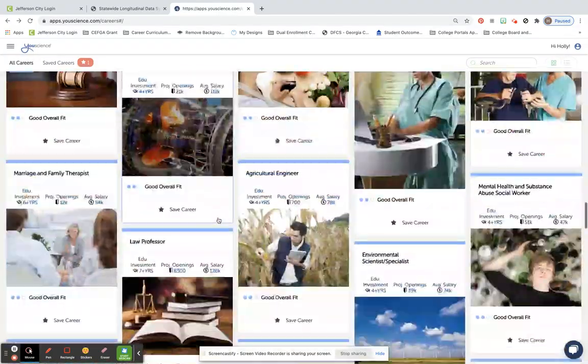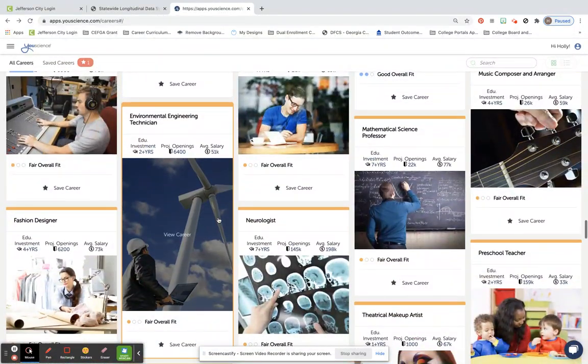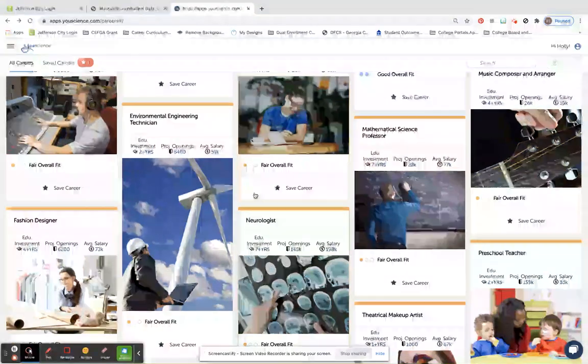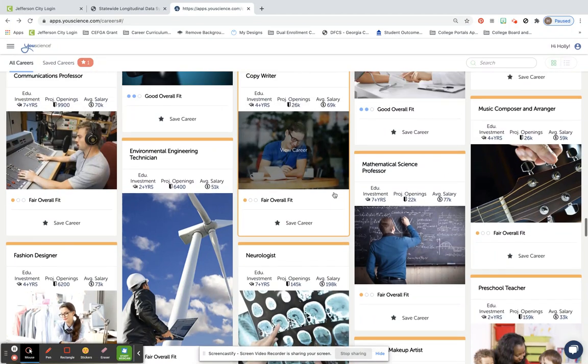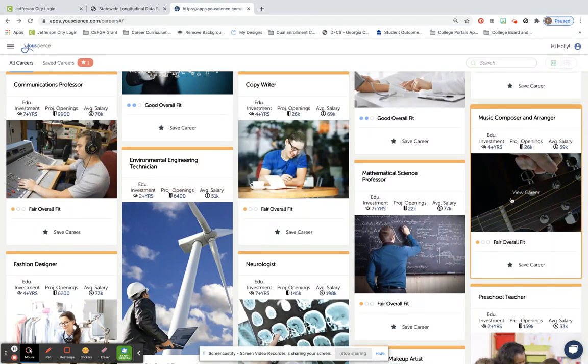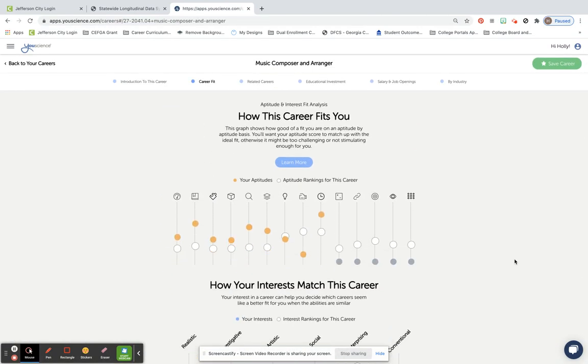As you further go down this screen, you're going to go into an orange field, which is a fair overall fit. So you may have a really super exciting passion for a particular field. For example, maybe music composing. But this fair overall fit, if we look on here, it might show us that even though we love it,